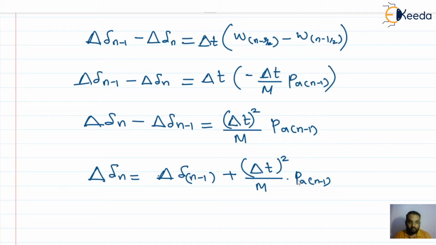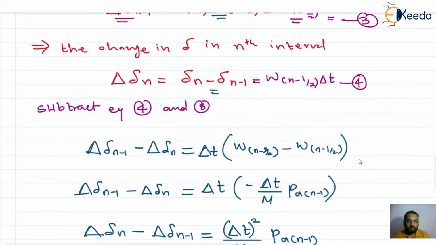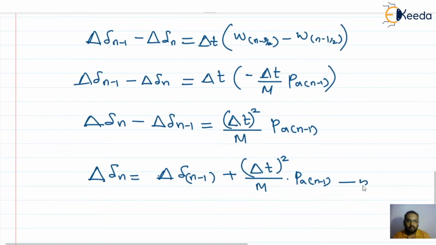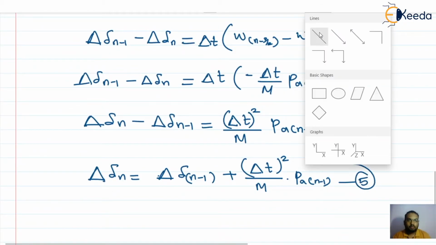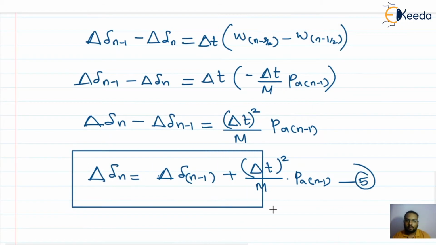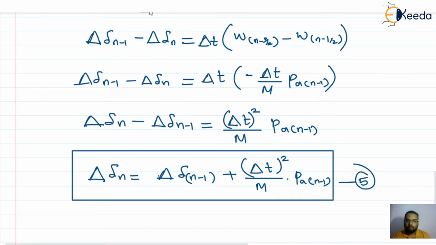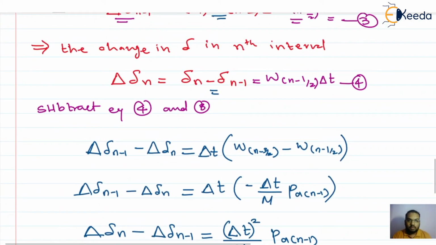Okay, so let us call this equation number 5. Again, let me put this in the square bracket. From this equation number 5 we'll get this value, that is the change in rotor angle in the nth interval. Now how is it helpful? Now recall this equation number